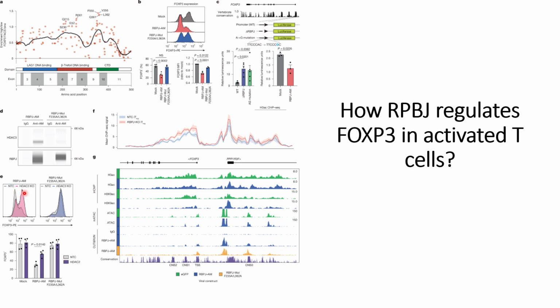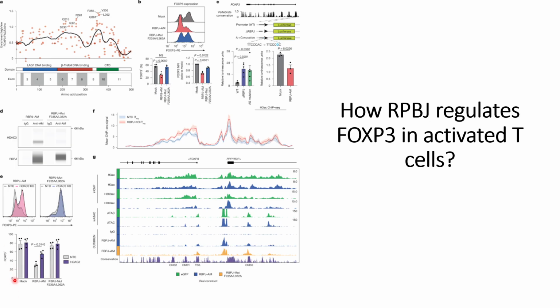However, when HDAC has been knocked down, the FOXP3 expression is recovered and it is high. However, in the mutant conditions, they can see no change between the control and the HDAC knockout, indicating that the HDAC and RBPJ complex plays a role towards FOXP3 formation,